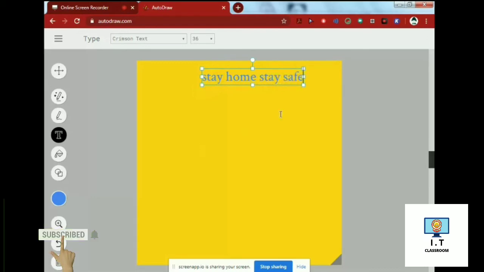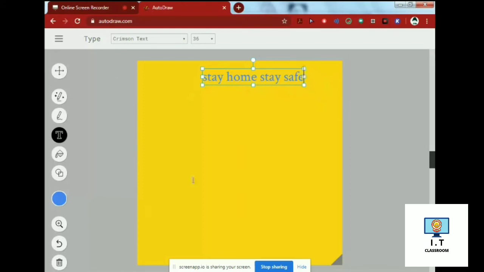So like this I can add the text in this area. If I want to resize it, I can resize with the help of these markers around it.